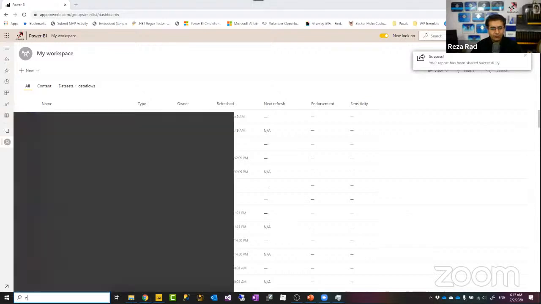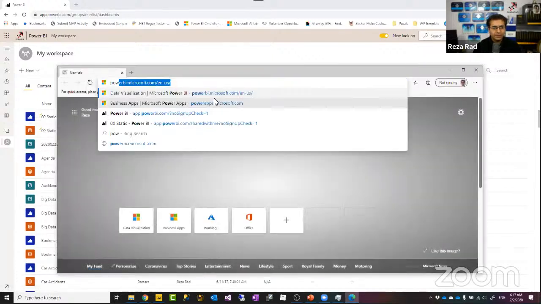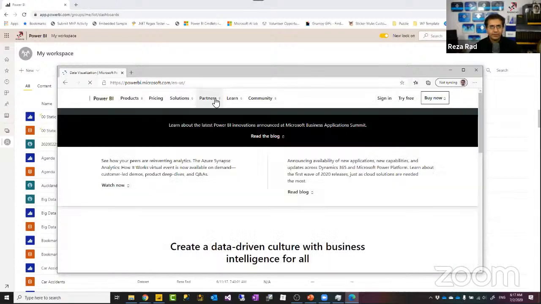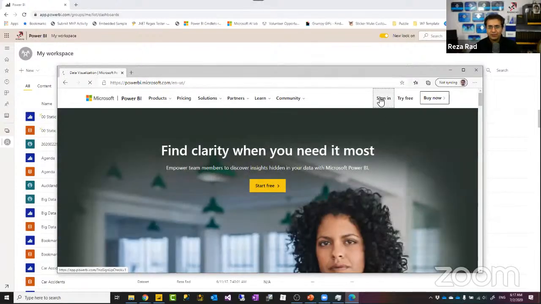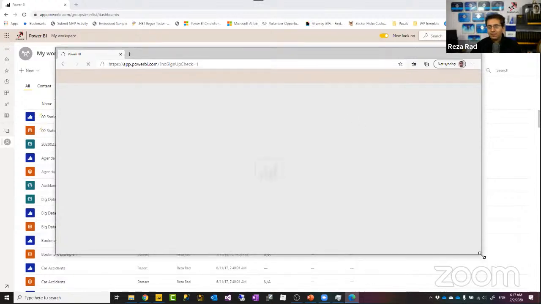And I'm going to open that user account in another browser. I'll just bring that browser here. If you want to test row-level security, one of the good ways is to have a couple of accounts. You can still use view as role, but if you really want to properly go to the website and test how it is working, that is a good way of doing it: having a couple of accounts and trying it out. Now it's coming up a little bit slow, the internet connection right now.